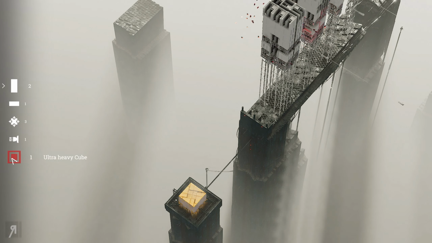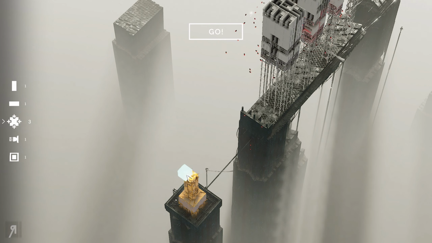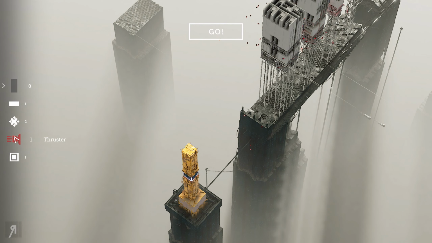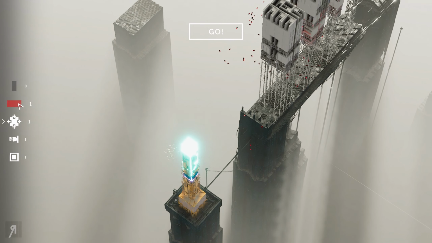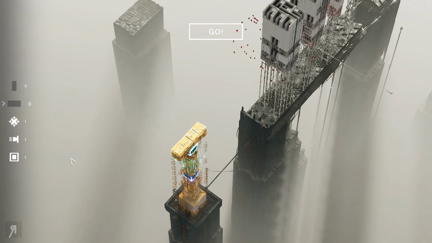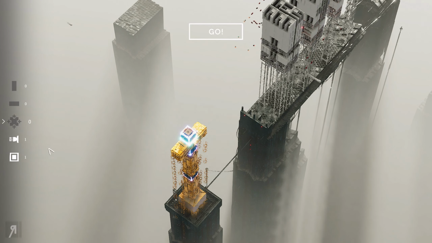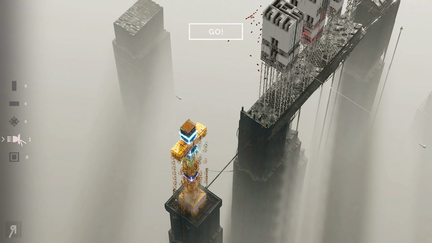Okay, so we have an ultra heavy cube here. I don't know whether I really want to use that right now. Let me actually just put the heavy pillar down, use a connector. Another heavy pillar. And then what we're going to do is make a thruster. So we need to make another connector here, heavy beam, ultra heavy cube. I have one more connector actually, but I'm going to need the ultra heavy cube to go on the top, and then the thruster can go...